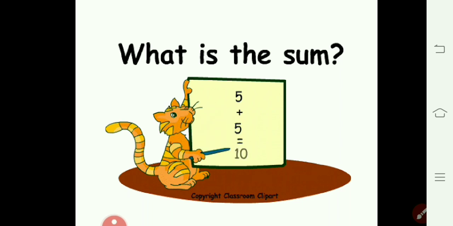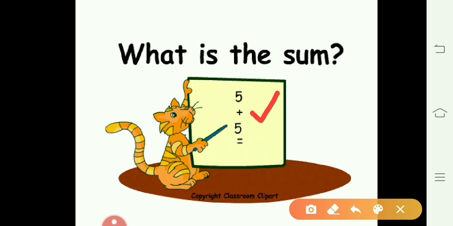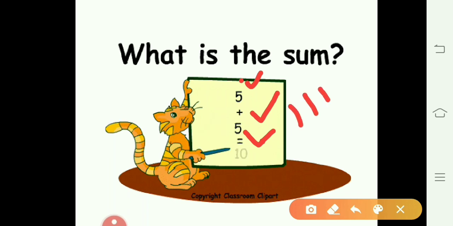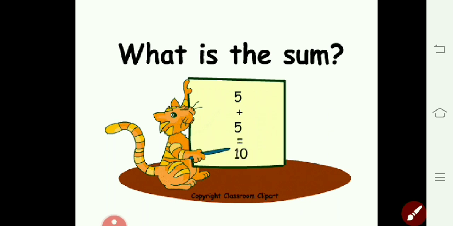Here you can see, what is the sum? Sum is another word used for addition. When you see the sum, don't be confused. First of all, just see the sign properly. It is a plus sign. Plus means you have to do the total. As previously told, keep the first number in mind and the second number on fingers. So first number 5 in mind, after 5: 6, 7, 8, 9, 10. So the answer is 10. This is how we are doing the addition.